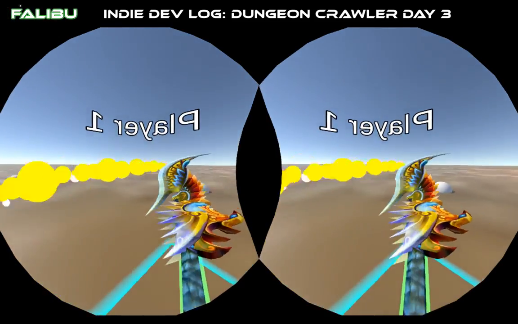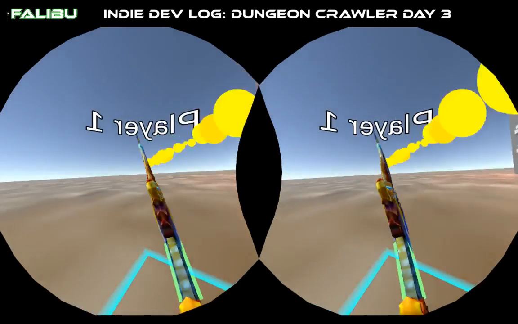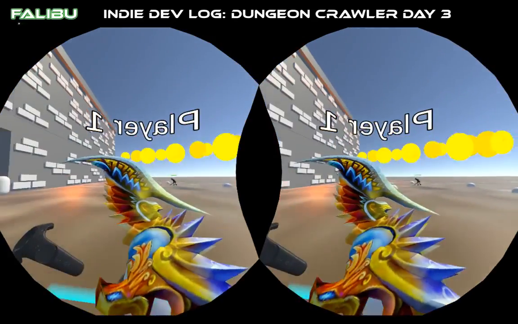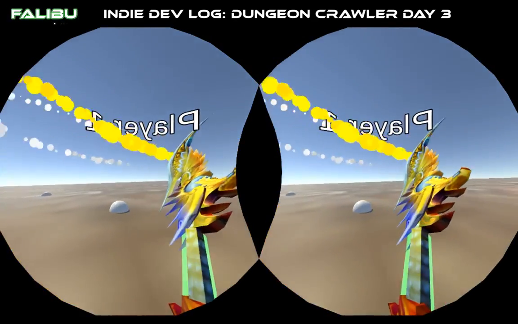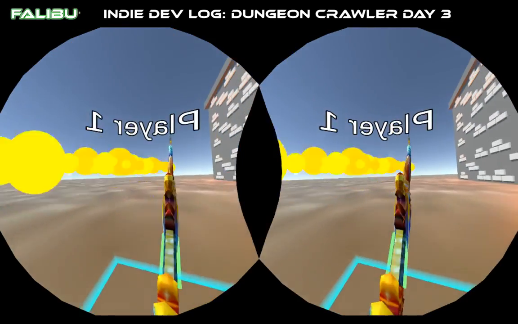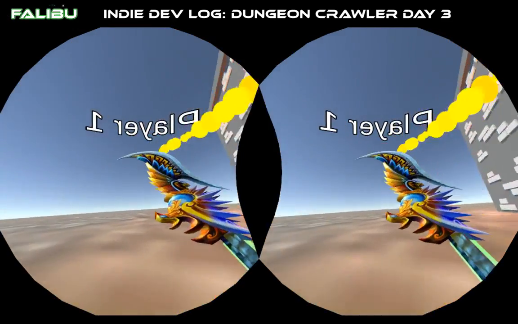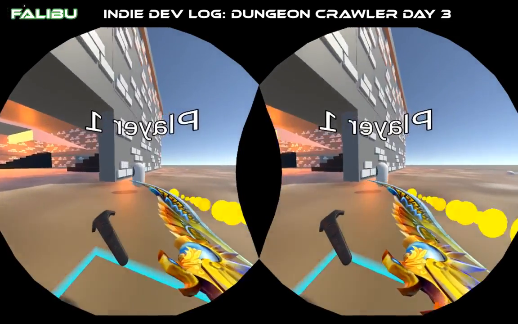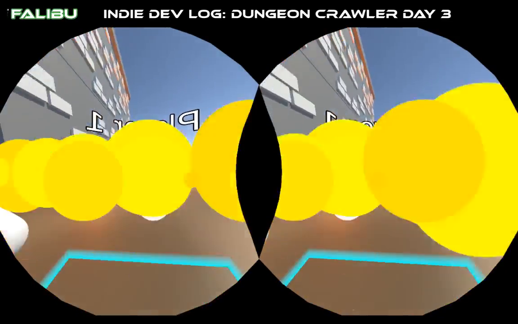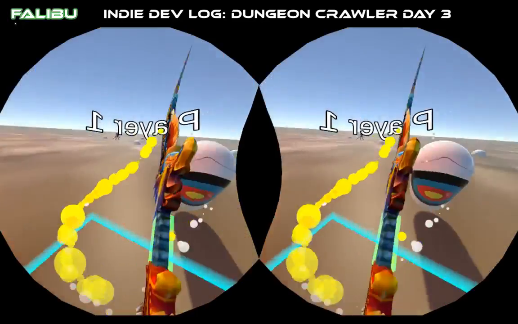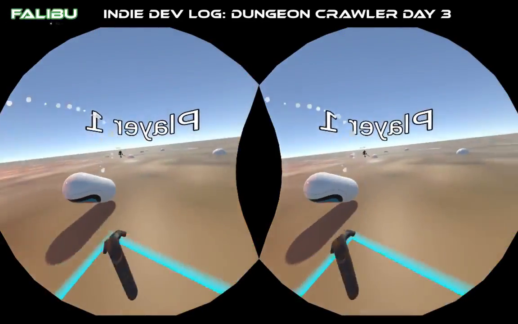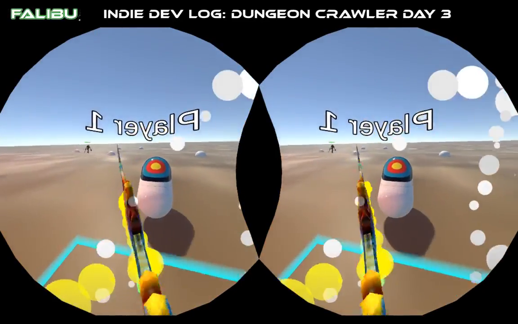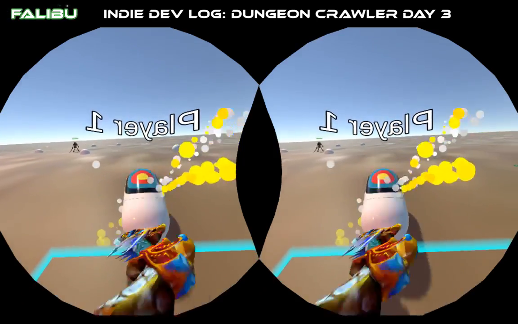Okay, so you can see I got this sword here, and now I got some better fire particles. It's the ones that Steam uses. They gave it to me for free when I used their Steam VR plugin. So it's a lot better. And then I got their Weeble here too. Right now it's not set up correctly to set this guy on fire, because I'm not using their fire source. But I could